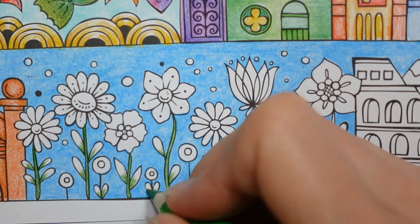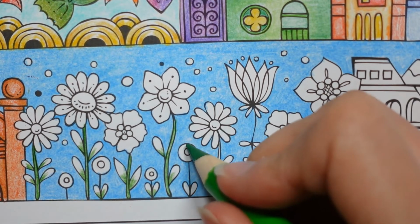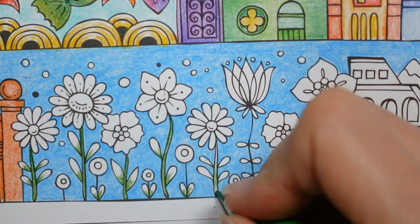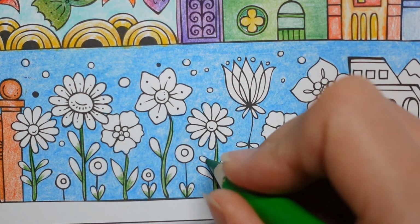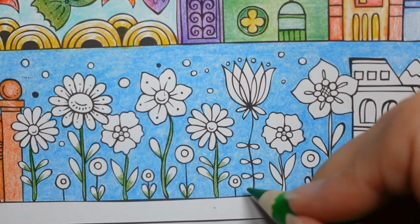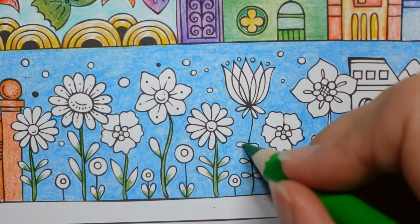Forgot that one. I'm quite intrigued by these. They're just a circle, there's no petals. That's not what I'm used to colouring in a flower, and I find it quite fun. I've got the centres to do as well as the